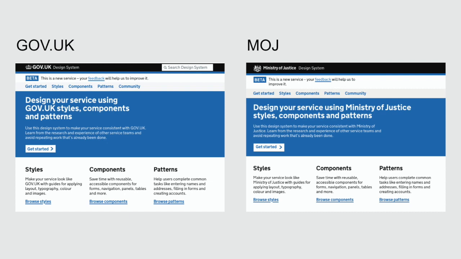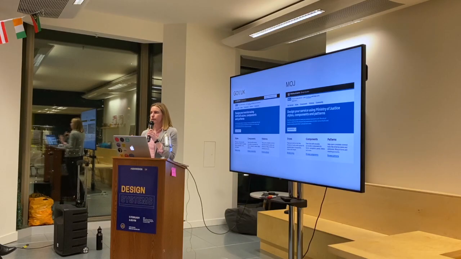You want to maintain credibility. You want to make sure there is a level of authority and that people know this is the place to go for the right kinds of components and patterns. But the issue that comes from the designers is that therefore there's no hierarchy. They don't understand the difference between the two. They don't know why certain things live in a department design system versus the Gov.uk design system.